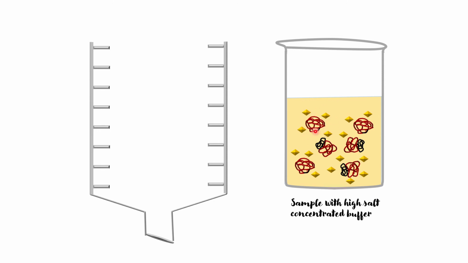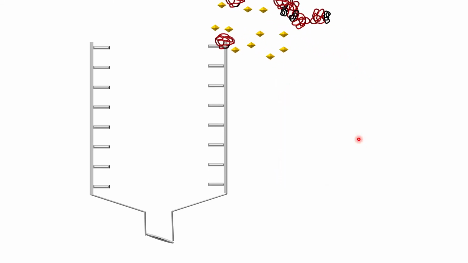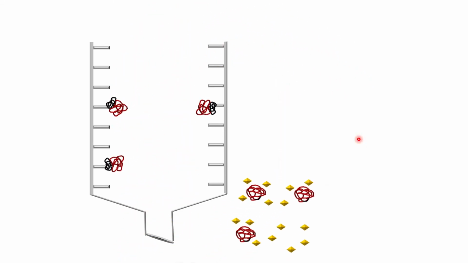Some of the other protein molecules also have exposed hydrophobic patches, but their number is usually less than our protein. So there will be some non-specific interaction with the column, but there won't be any strong interaction, so they will get eluted out. As we run them through the column, only the protein with a high number of nonpolar amino acids will get attached and the rest get eluted out. So now we know that our molecule of interest has been bound to the column.